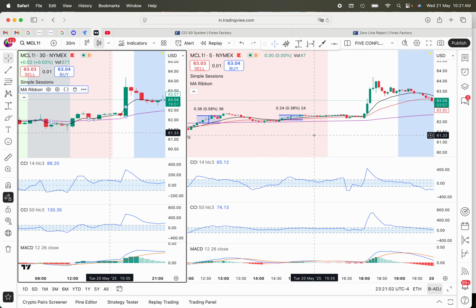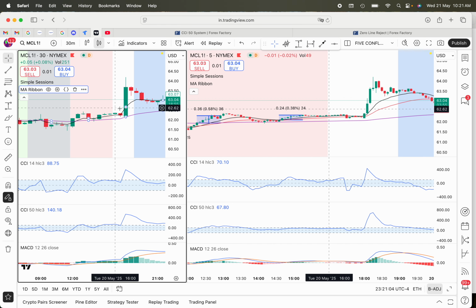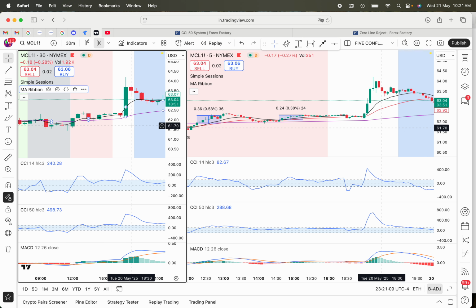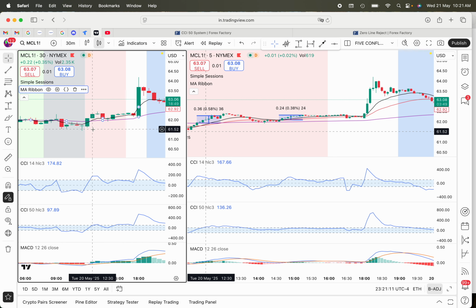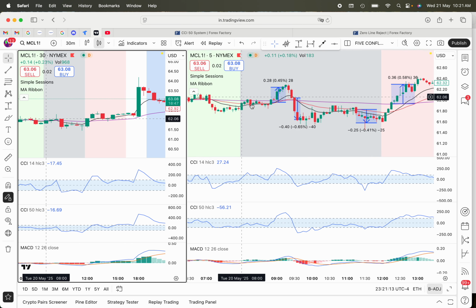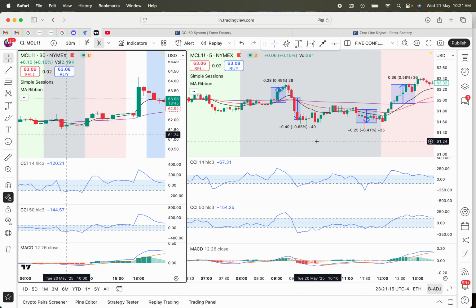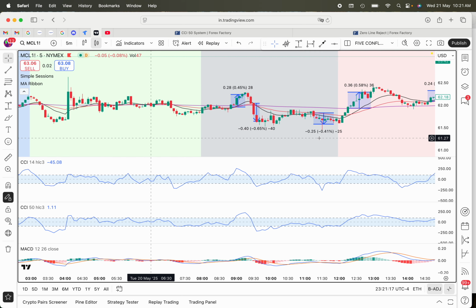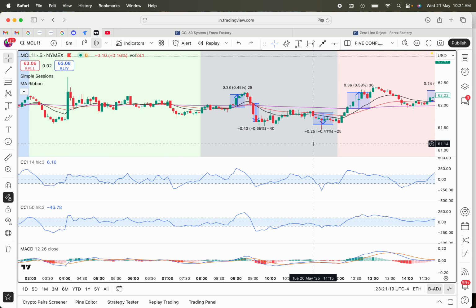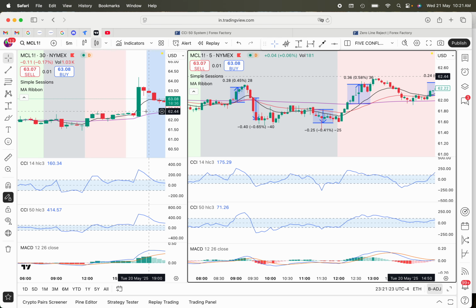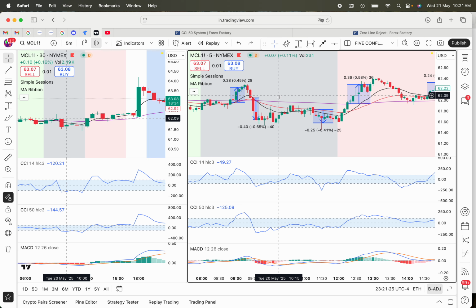But sometimes I don't have the 30-minute chart open, but I want to see what the 30-minute chart is doing. That is all. There's nothing more. And so rather than having two charts, sometimes I trade like this, right? I just have the one chart, and I don't want to have to keep flicking back. Okay, it's just too much information. So I've made this